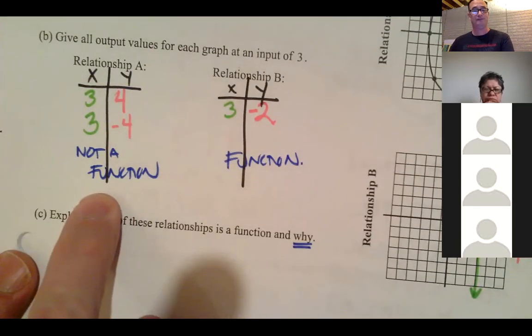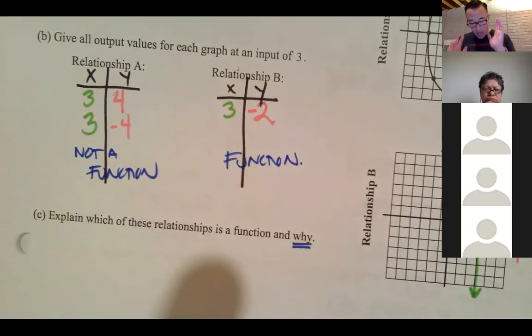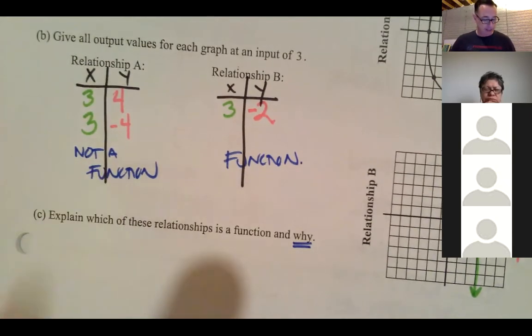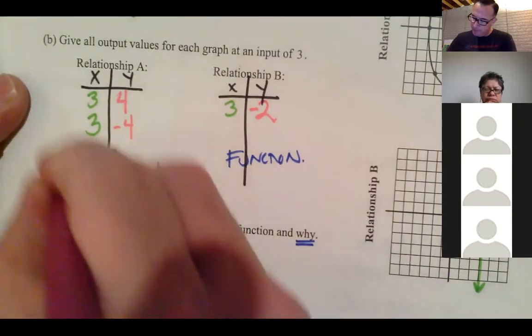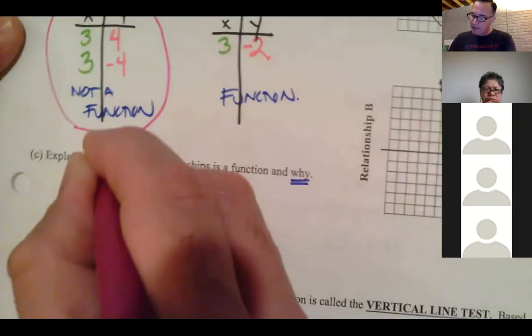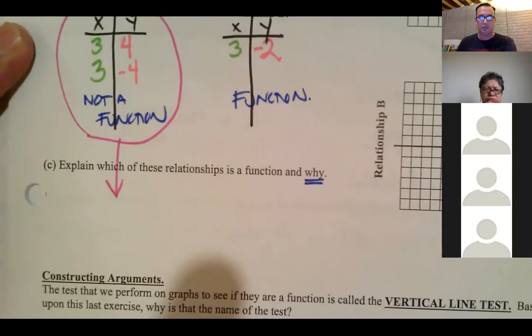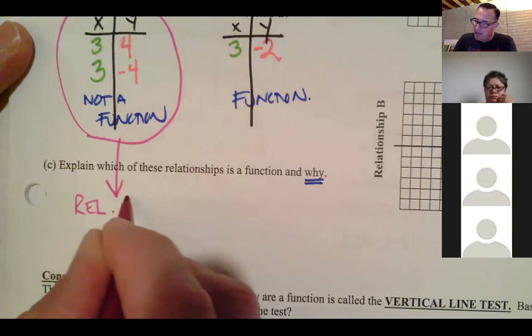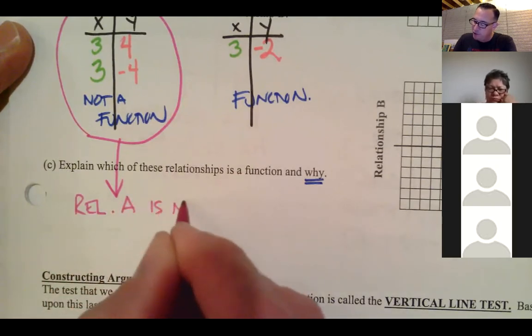So let's look for a second. This one is not a function. We've said that below here. So I'm going to show you an example of how we would write that for explaining why this one isn't a function. I'll do a little arrow down here, and I'm going to do this in this color. So I'll write this definition below here. I'm going to say, Relationship A is not a function